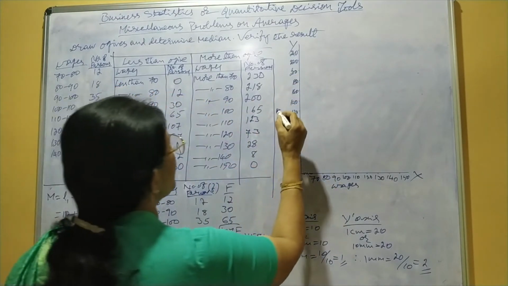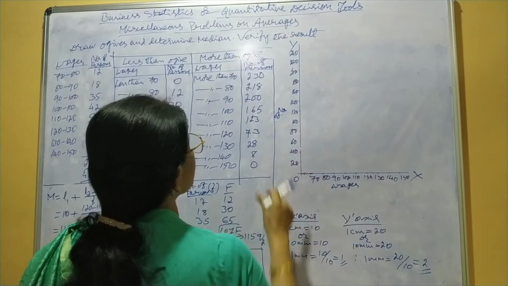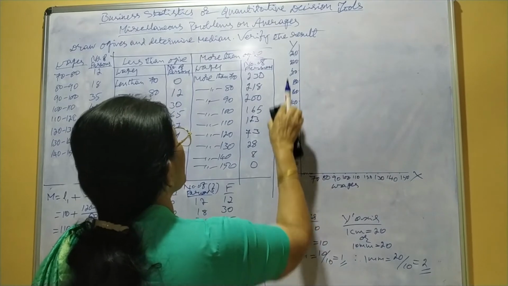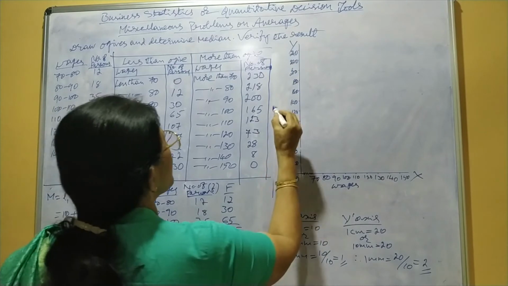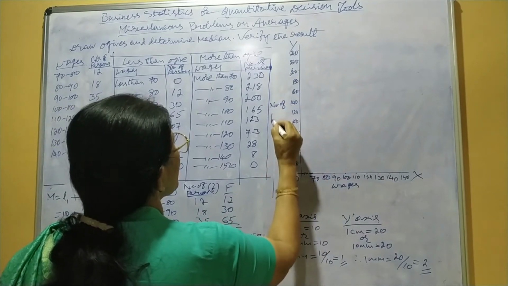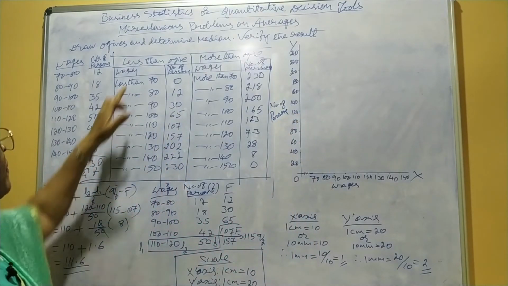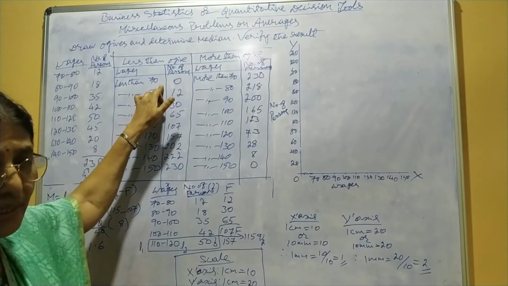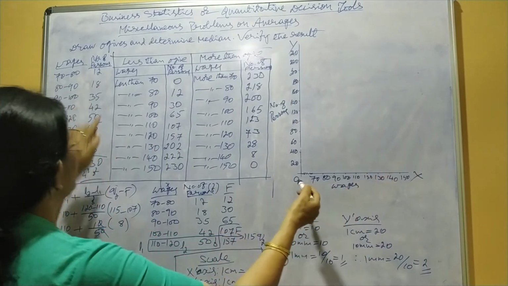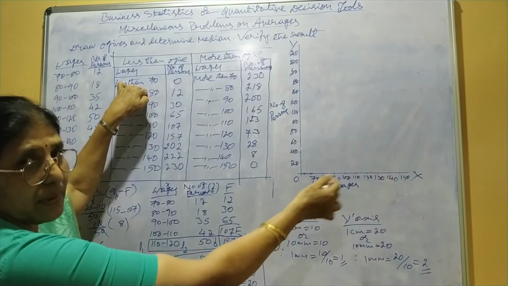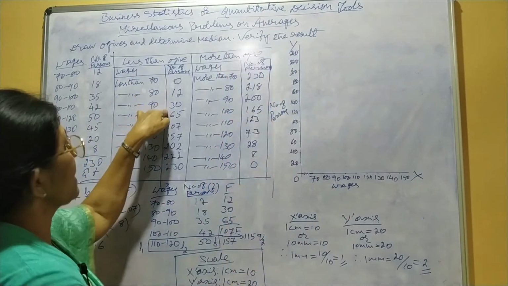It refers to number of persons. We have taken number of persons. Okay. Next, first we have to take less than ogive. We have to draw less than ogive. X-axis variables, we have to refer the x-axis, and for cumulative frequencies we have to refer y-axis.